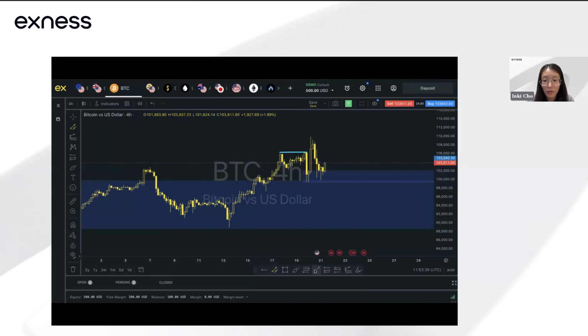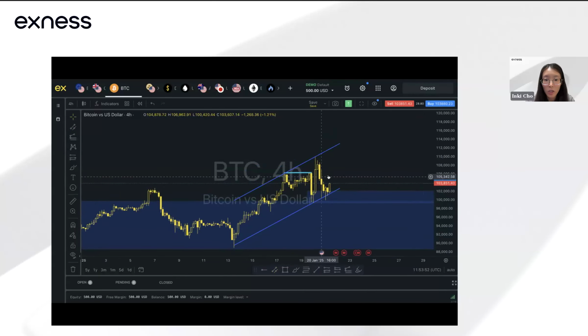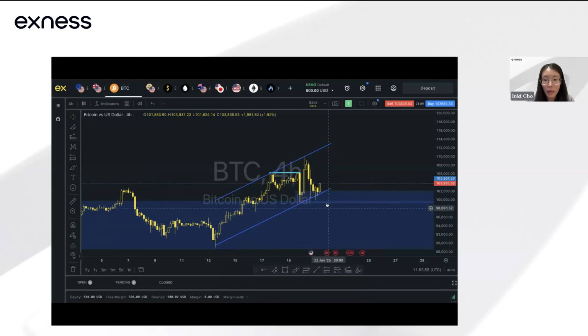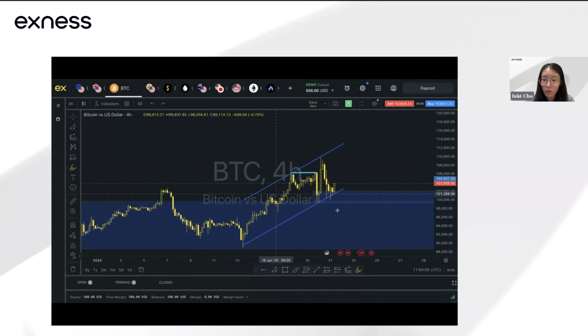Let's see if there are any forms of chart patterns that we can observe. Potentially an ascending trend line, maybe, but not a convincing one for me. And also an ascending channel. You can see this ascending channel over here. Again, we need price to tap the lower bound and upper bound twice. You can see that price pushed into the lower bound once here, second time, so that's twice. We have the upper bound once over here and the second time here. So for me, price could be holding on to this ascending channel. We could see that if it regains that bullish momentum, we could see a bigger push to the upside potentially. Right, that's on the 4-hour time frame.